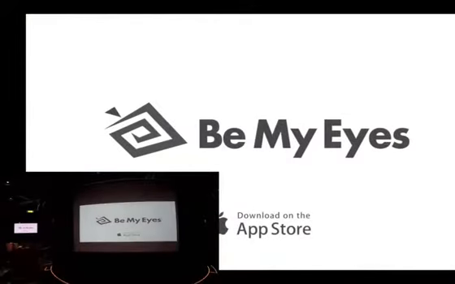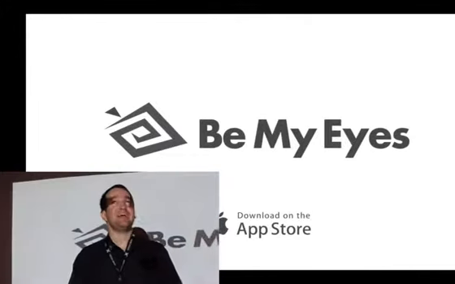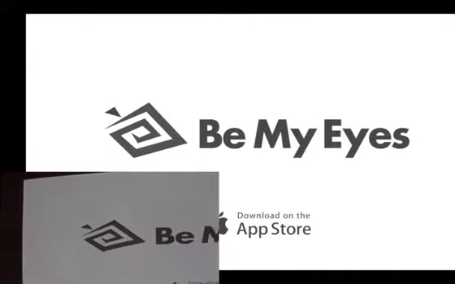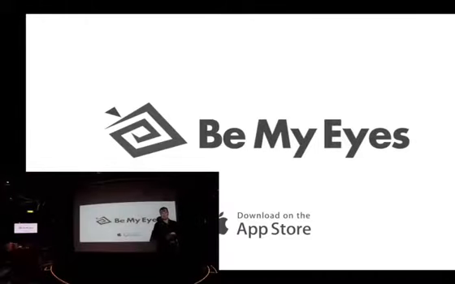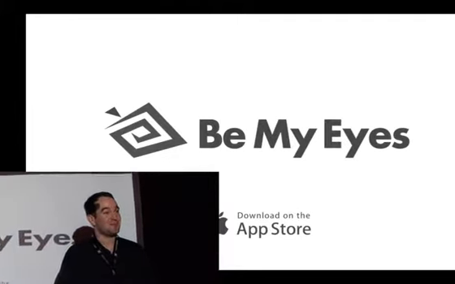And I think that's a really cool app because what I think is very interesting about this app is they have a big problem. I'm going to tell you the big problem they have. It's a really good problem to have. They have 10,000 blind people that have signed up for assistance in the app, and they have over 3 million sighted people that have signed up to help. So the weird thing is if you sign up, it's likely no one will ever need your help because there are too many people willing to help already.